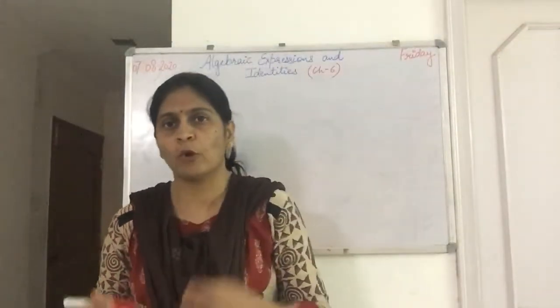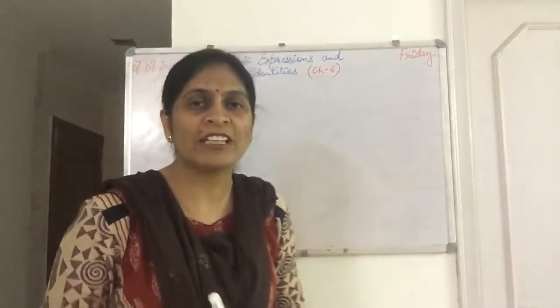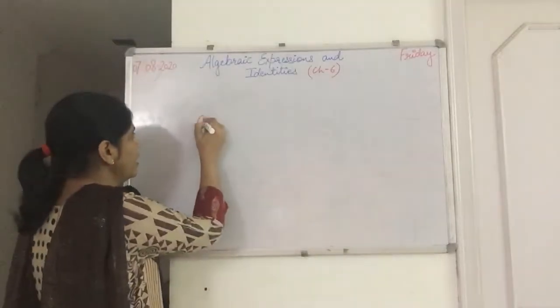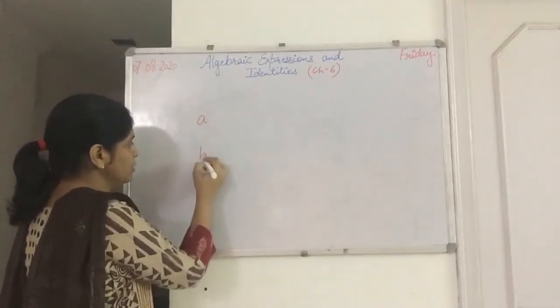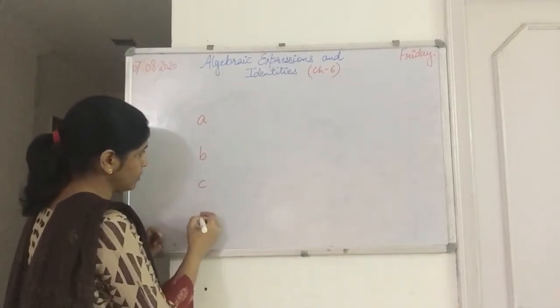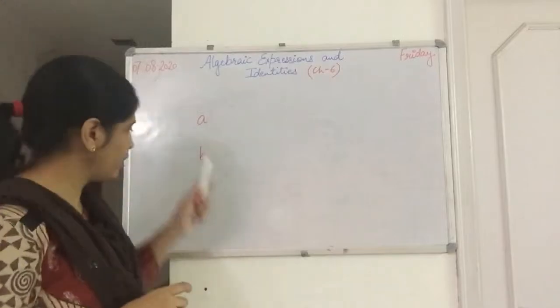Now first of all, if I am asking what my age is, all of you don't know about my age because it is unknown to you. When something is unknown to you, you can denote it by any English alphabet in small letters. You can denote it by anything: x, y, z, and I have written a, b, c and x.